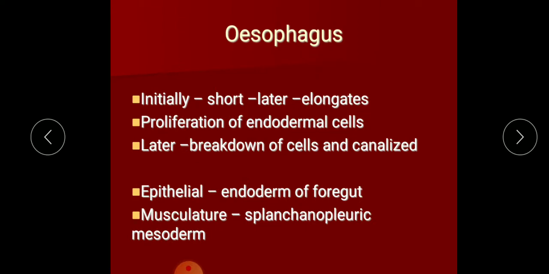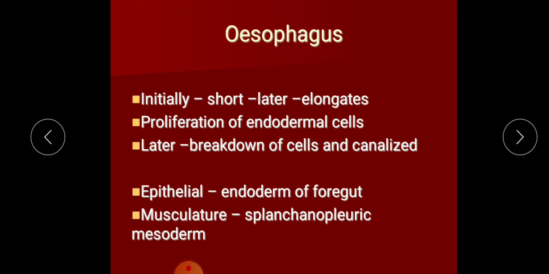Now read that initially this esophagus will be very short, but later it elongates, and there are certain factors which help in the elongation of the esophagus. First is of course the development of the neck. Then the development of the diaphragm, which comes down, plus the development of the heart and lungs. So when the whole mediastinum develops, this initial short esophagus elongates and becomes long.